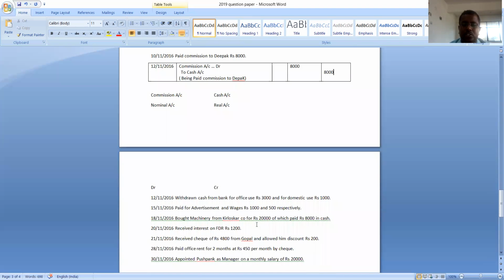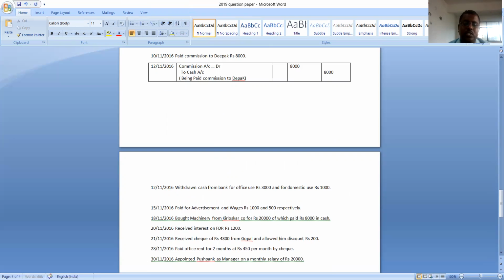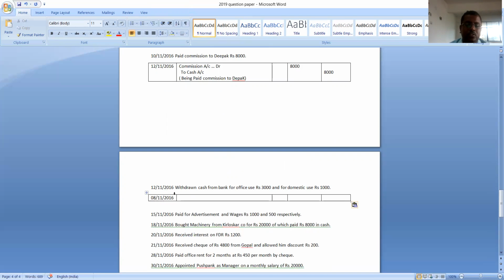Okay. Let us move to next transaction. Quite interesting problem, and the more we go, we are finding more number of compound entries. Okay, let it be. Let us move to next transaction. Actually this particular transaction is dated on 12th November 2016. What is the transaction? It is withdrawn cash from bank for office use rupees 3,000 and for